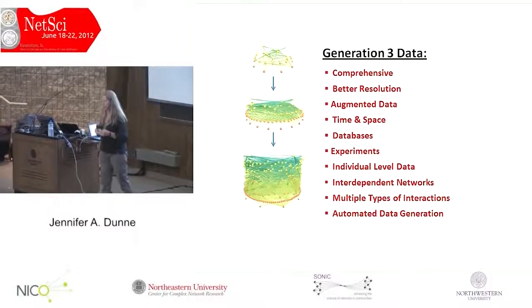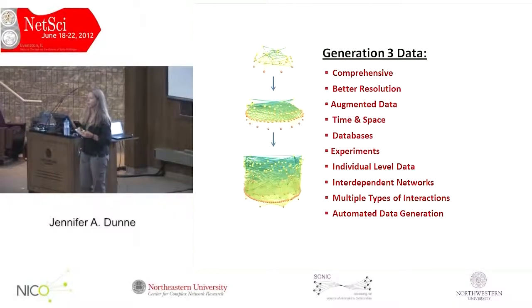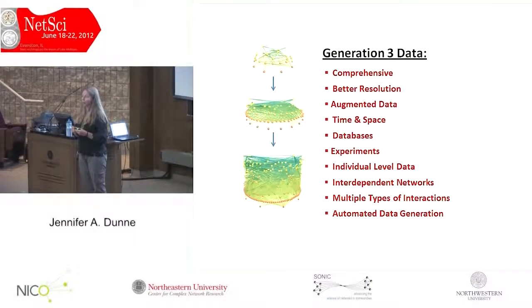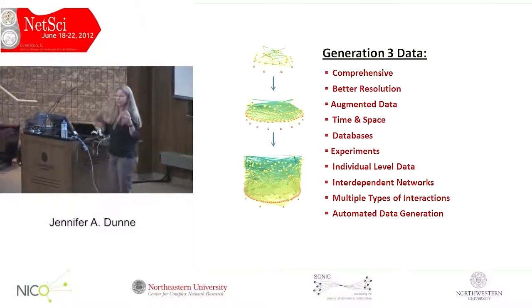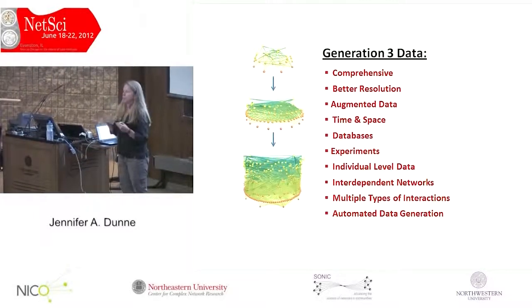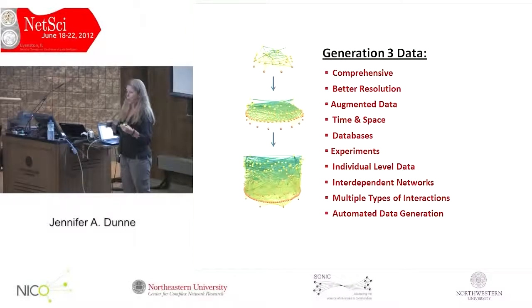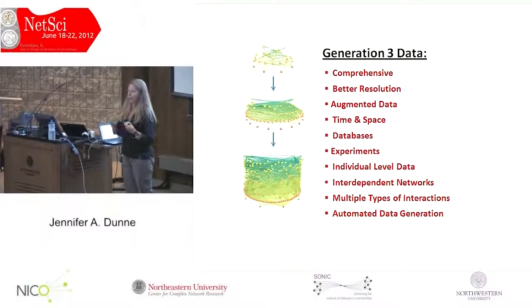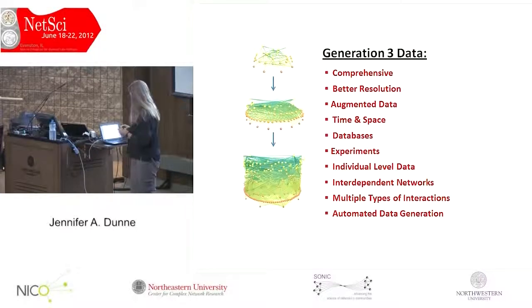An exciting thing that's happening is people are putting together large databases of replicated food webs. So instead of just these singular food webs drawn from different systems, we're now getting people who are putting together hundreds of food webs for a particular kind of system and doing that along a gradient, like a climate gradient or a spatial gradient. We're getting more work on experimental food web research, and connecting back to what Ian was